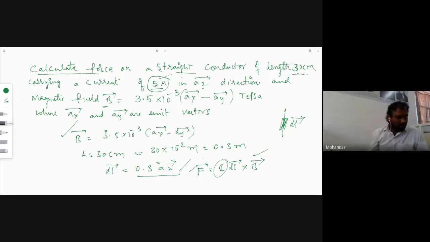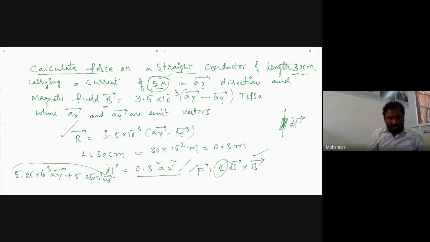Substitute all those values in this equation and you will get the answer. The final answer will be, note down this answer and verify at your home. 5.25 into 10 to the power of minus 3 in the direction of AX plus 5.25 into 10 to the power of minus 3 in the direction of AY. So this is the answer F. So we make a cross product question now. So to do the cross product between this dl and